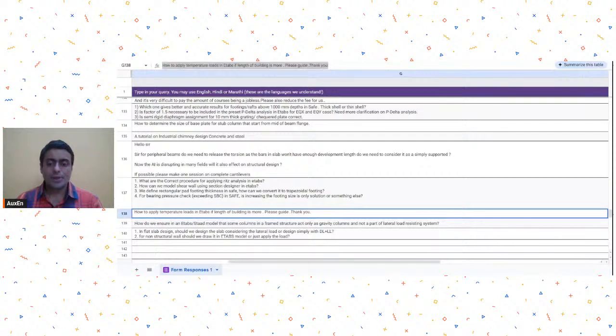So see, temperature loading in ETABS, you need to go to IS 875 part 5 where they have told you. First of all, you need to figure out what is the max and min temperature at the location where you are designing your structure. Now even before that, you need to figure out whether your building or structure is going to be exposed to